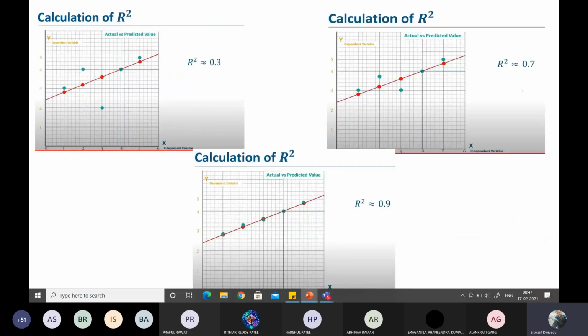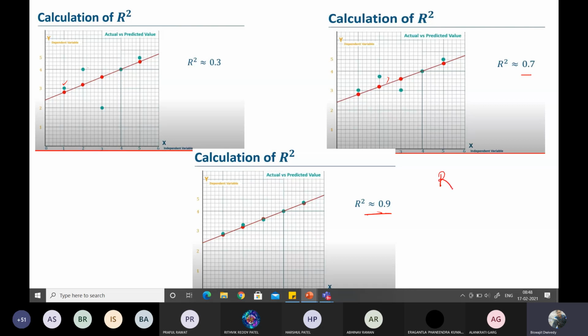So that thing is shown here, that whenever R square value is approximately 0.3, then you should understand that your training samples are far away from your predicted values. Training sample values are far away, means the distance is large, means large errors are there. If by some means I increase this R square value to 0.7, then your training samples will come close to your predicted values, means there will be less amount of error. If it reaches 0.9, then all the training samples and your predicted values will be close.